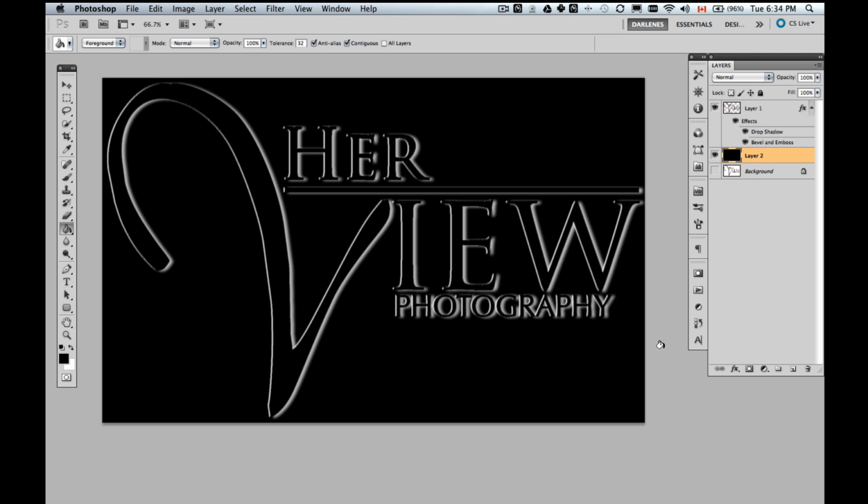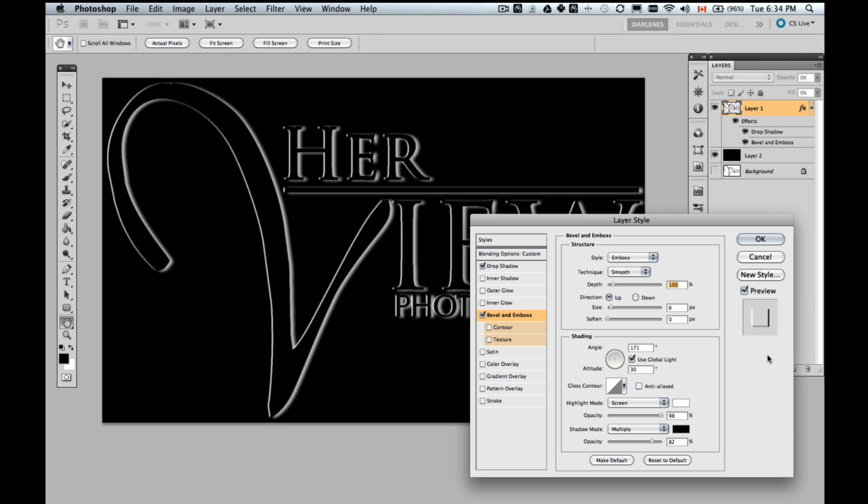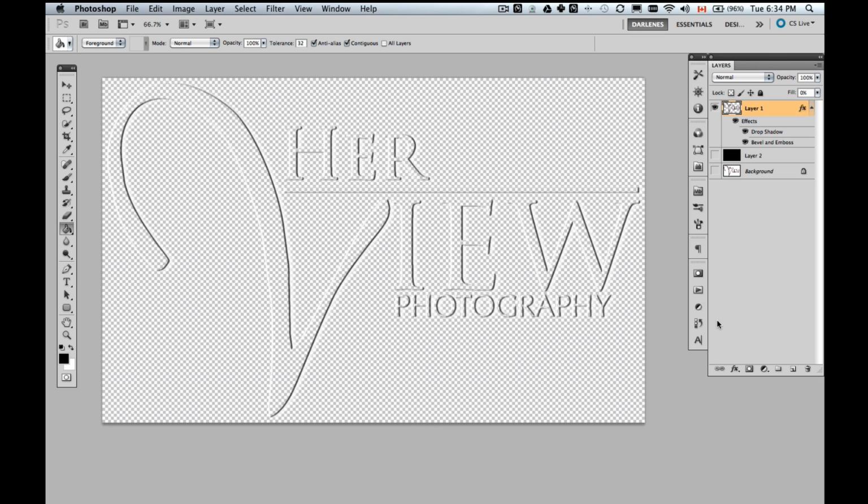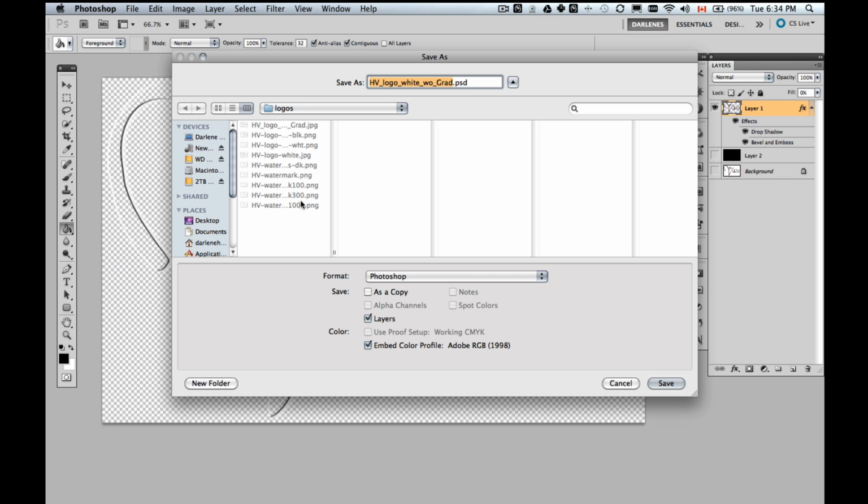There we go, paint bucket that in. Okay, so now we can see what we're doing on this layer, and that looks like it's gonna pretty well nicely glow. Okay, so we're gonna do a save as again, and this time